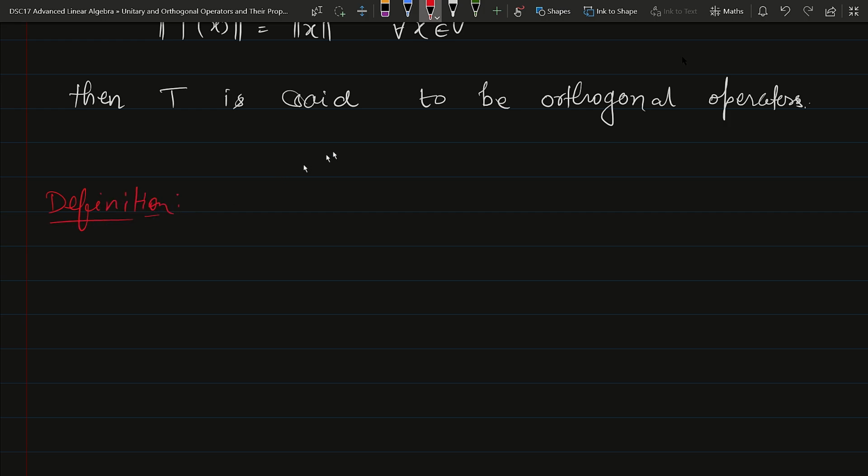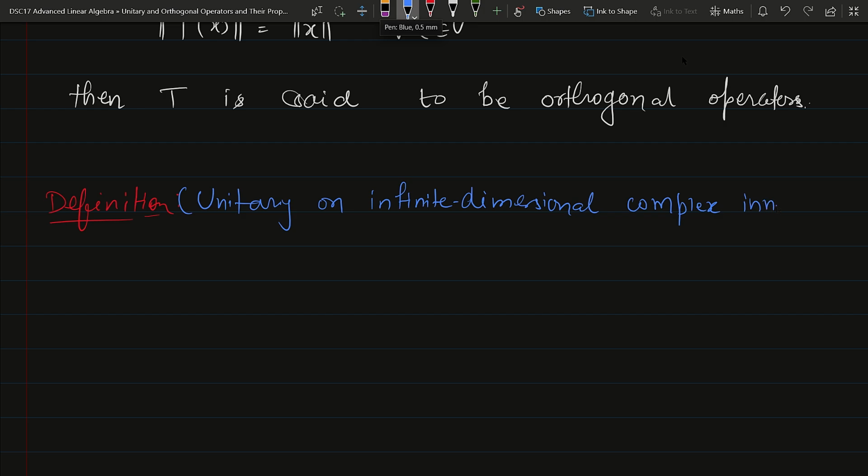have an extra property, and it is, let me write this, unitary on infinite dimensional. ऑब्वियसली अगर हम यूनिटरी की बात कर रहे हैं तो यहाँ हमने कॉम्प्लेक्स ही लिखना है. कॉम्प्लेक्स इनर प्रोडक्ट space. Okay, so